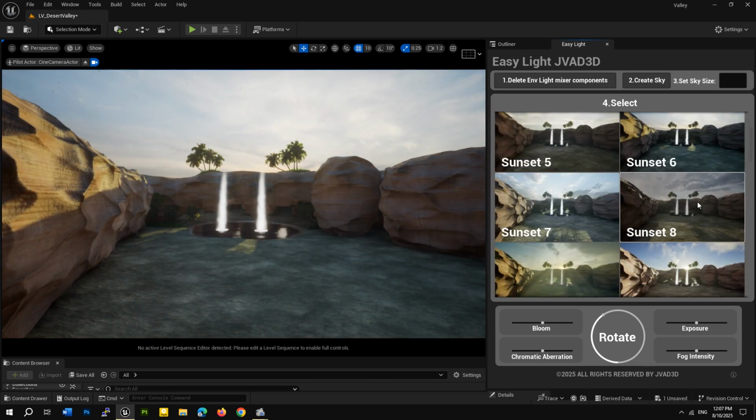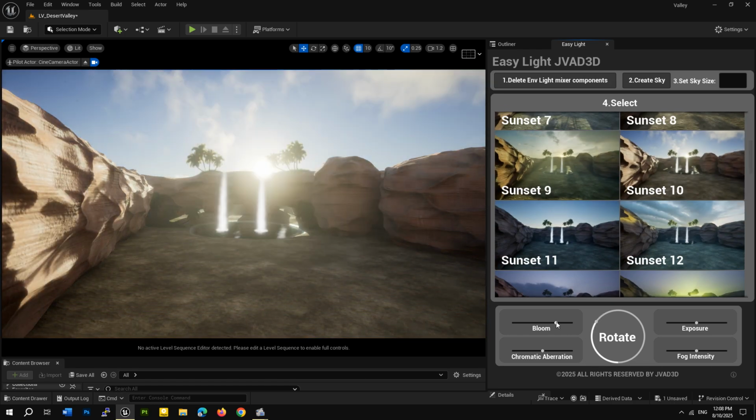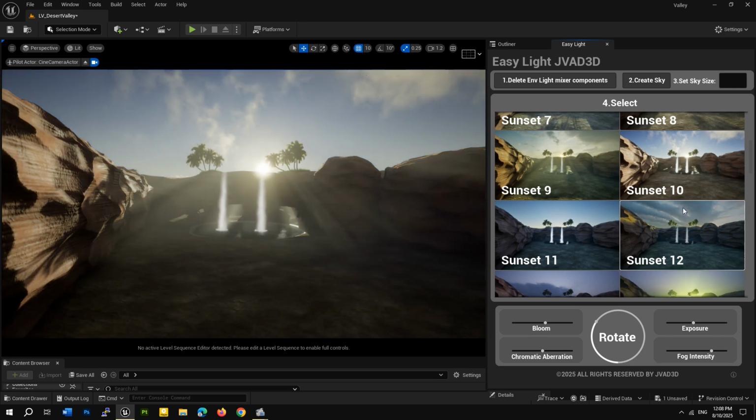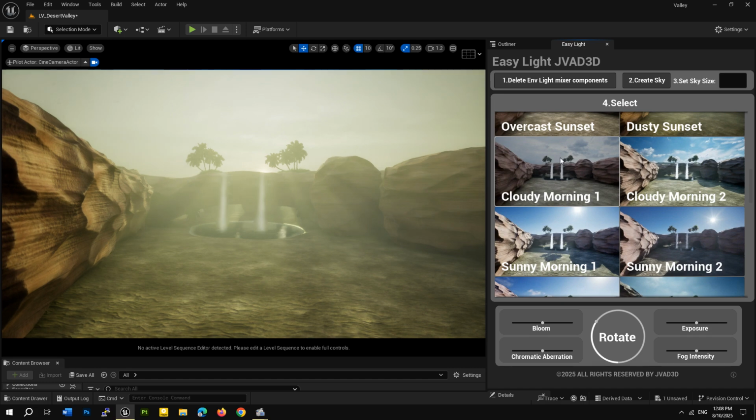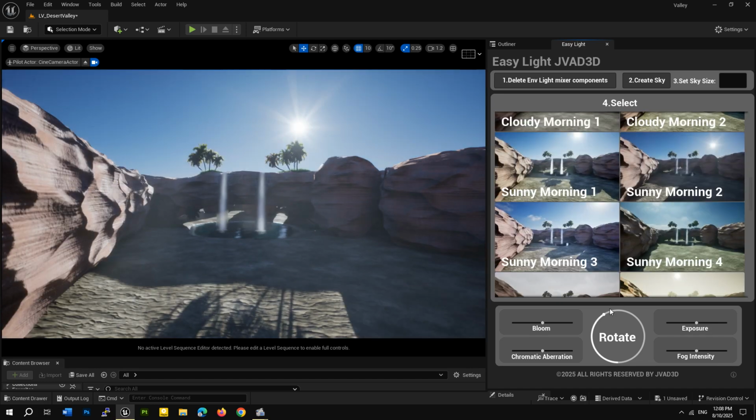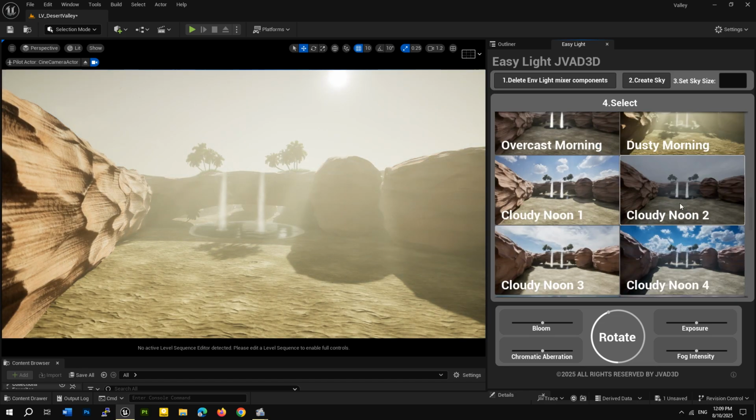No guesswork, no hassle. I spent 2 months building and refining this tool, testing countless lighting scenarios to dial in the ideal settings for realism, and I can say with confidence, it was worth it. As an Unreal Engine artist, Easy Light has made my workflow dramatically smoother, and I'm sure it will do the